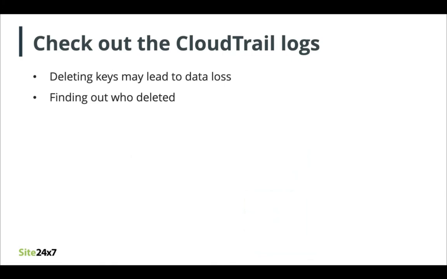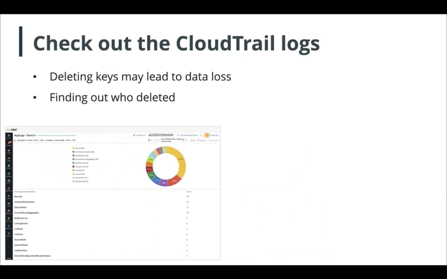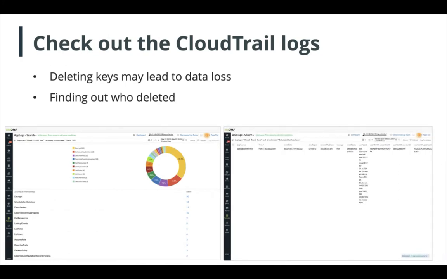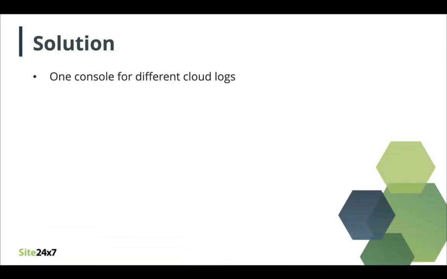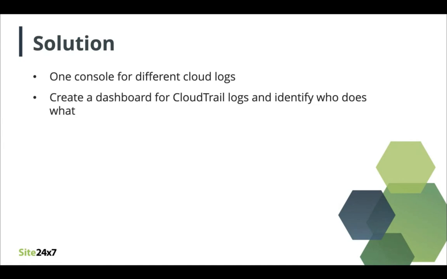If you monitor AWS CloudTrail logs using Site24/7, you can easily figure out the user activity and take necessary actions based on them. So here's a sample screenshot for that. Across different cloud providers, including AWS and Azure, with exclusive dashboards available for each log type, you can track all KPIs at one glance. So if your resources are deployed on Azure, you can upload Azure activity logs to Site24/7 and do similar troubleshooting in the case of keys getting deleted.